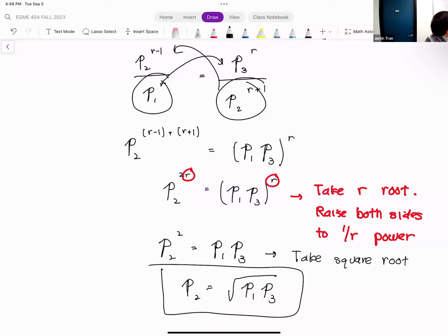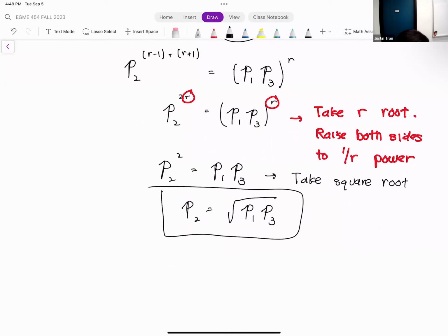It's quite a lot of work, but I think that suggestion helped a lot, to use R instead of k minus 1 over k. All right, any questions on how we obtained this result here? Okay. All right, so this is good. We have a value for P2, and so we know the work has an extremum at this location, but we don't know whether it's a maximum, a minimum, or it could be neither. So the next step is to take another derivative to determine whether this is a maximum, minimum, or neither.